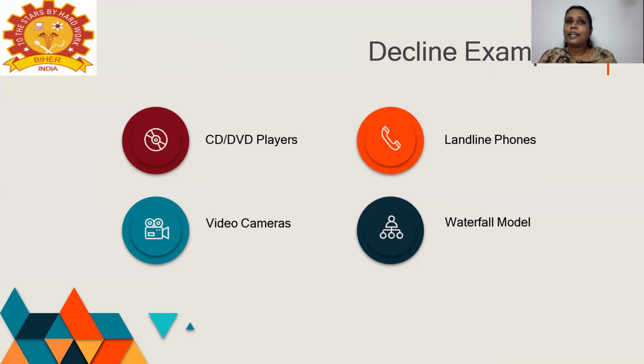Then we have the decline stage. Now here, new and better products have started to enter the market. Therefore, you have to create a fresh look and offer better features for your product at a lesser price, or even do it free of cost, because you have to refresh it. So this refresh stage is also a new version. You have to bring about a new version of your existing product. So this is the product life cycle stage decline example.